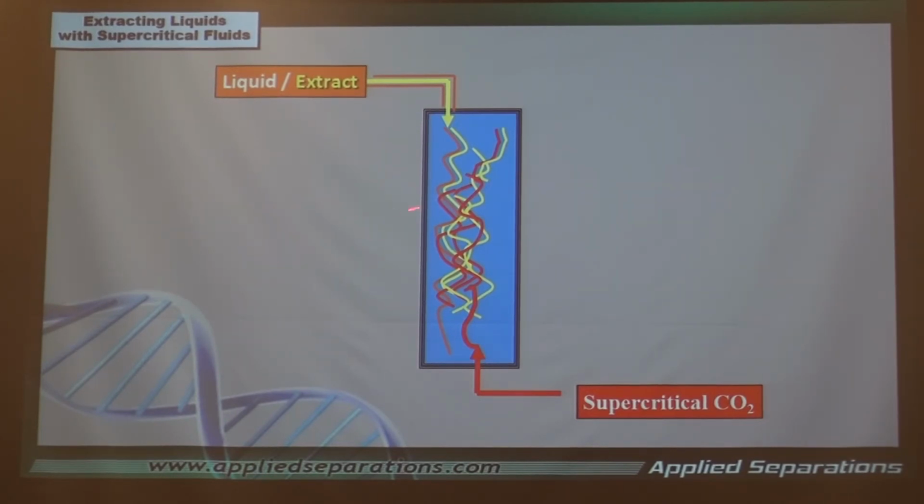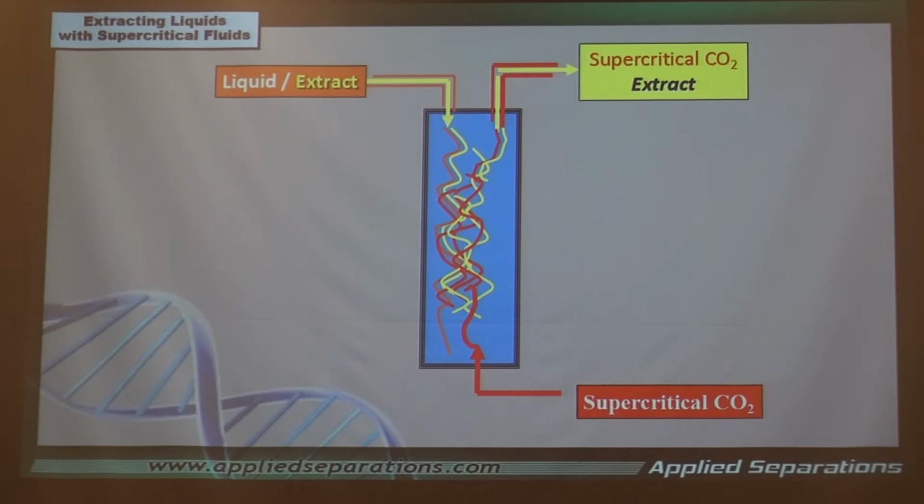Now, what we do in the middle here is we have material in there, inert material, so that we make the path move like this. Now, ultimately then, the CO2 comes out, and then we can go ahead and have the extract in it. And then at the bottom, we have the liquid that is free of the extract. Now, remember, we can do this over and over, so we can reflux. So if we didn't get it all out here, we can introduce it back in. Or we can just continually do this. So this is a continuous way of doing extractions.